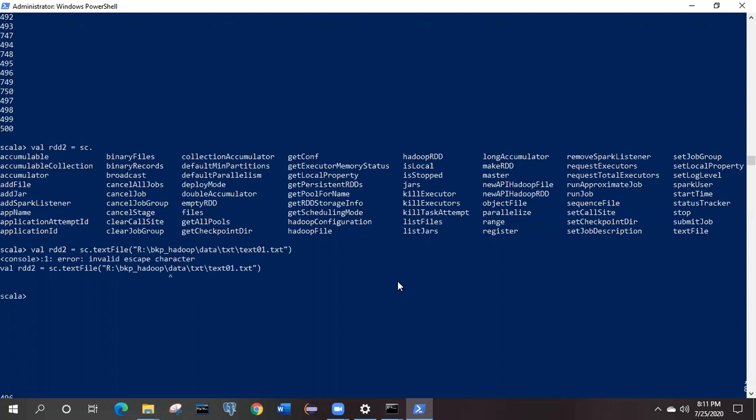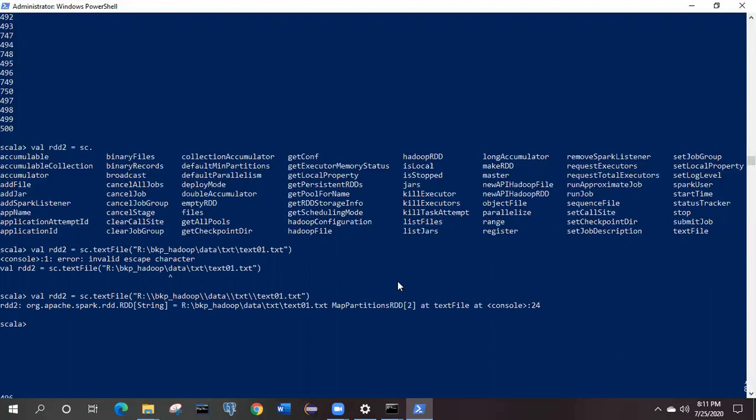Hit enter. It is having some issue. What is the issue? We need to give a double slash, or you can make it a single forward slash. Now you can see the RDD is created.